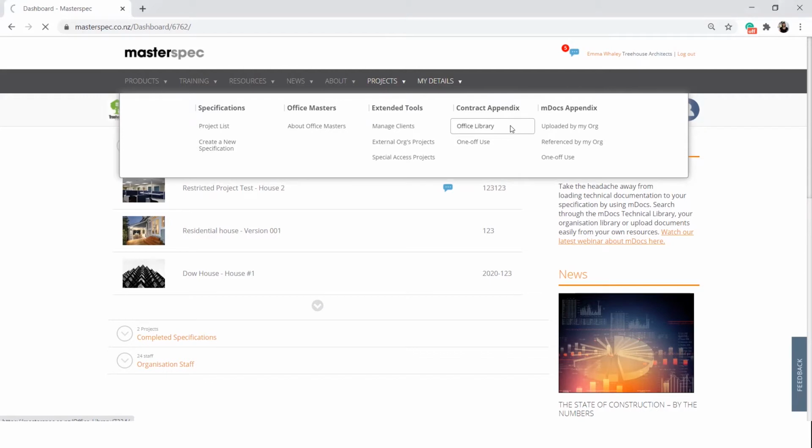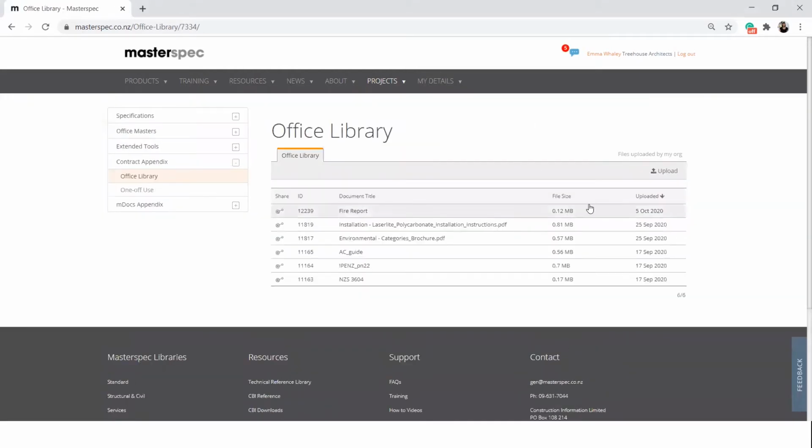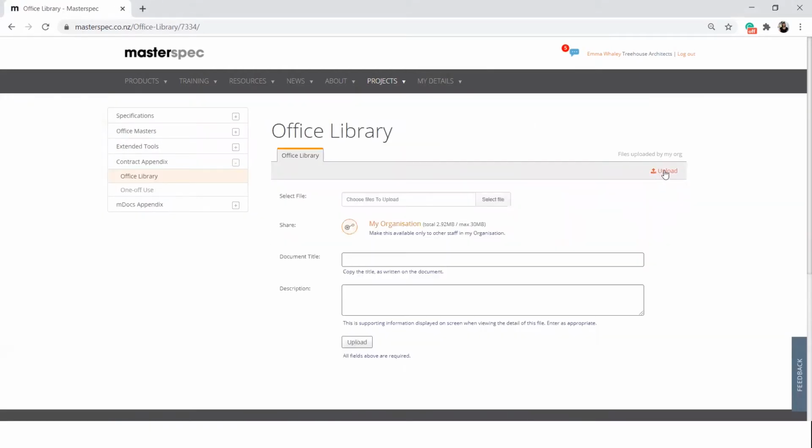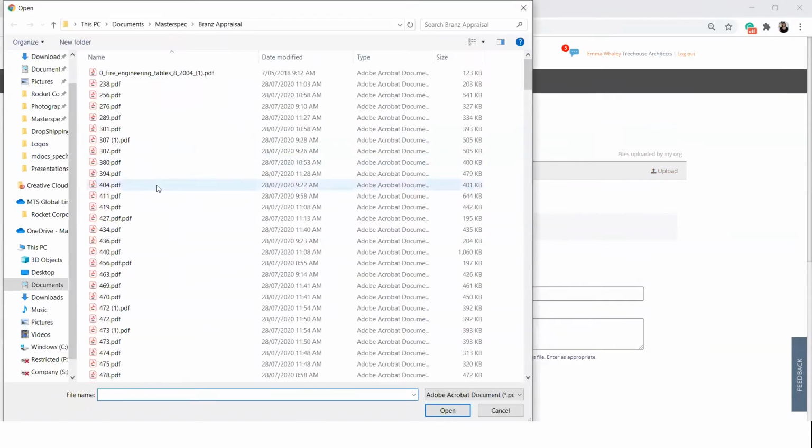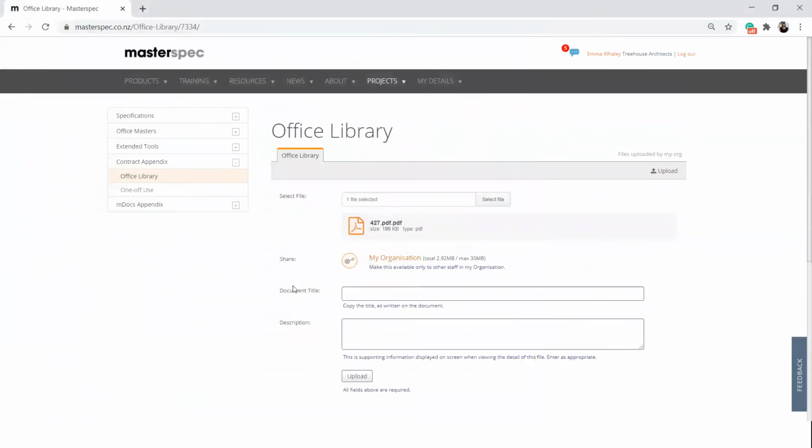Selecting Office Library will allow you to upload documents by selecting a file, adding a title, and description of use. Once you have selected Upload, the document will be available to your team to attach to their specification. This ensures your team always has the latest, up-to-date version of commonly shared documents in the place they need it,